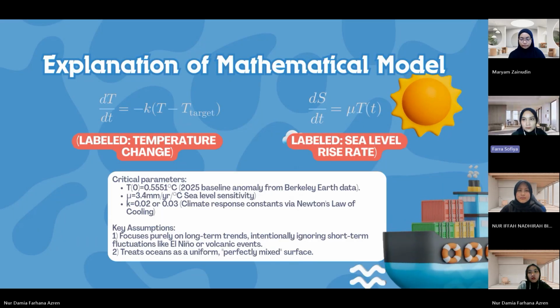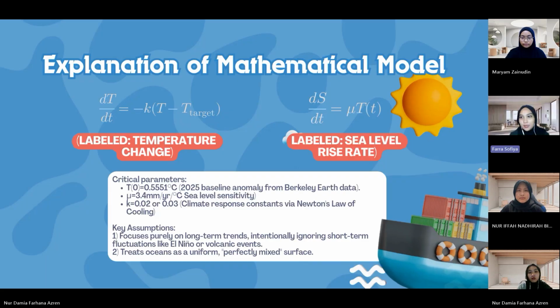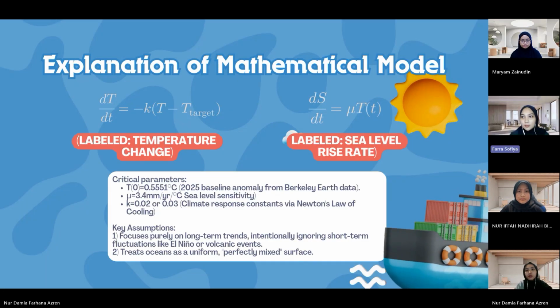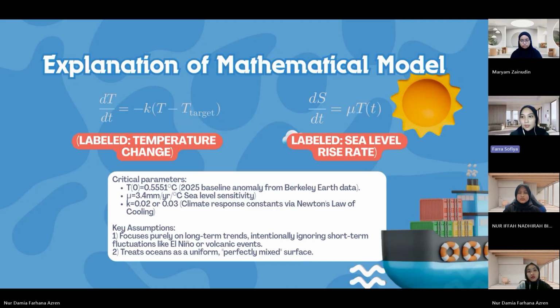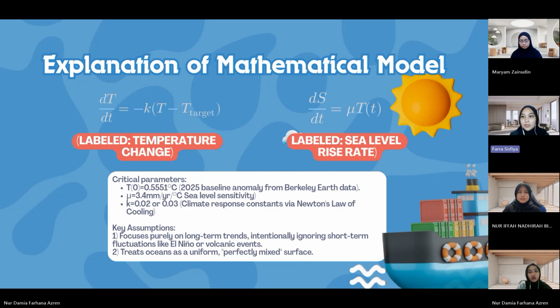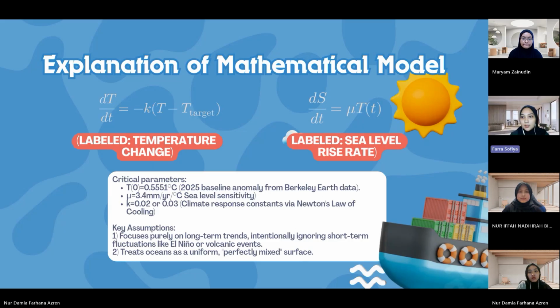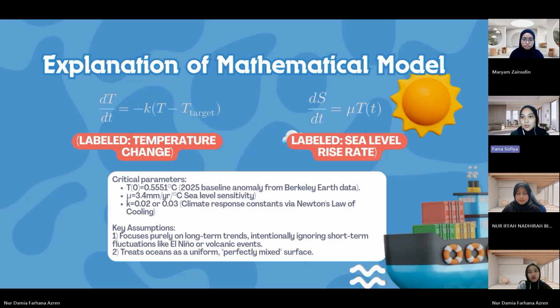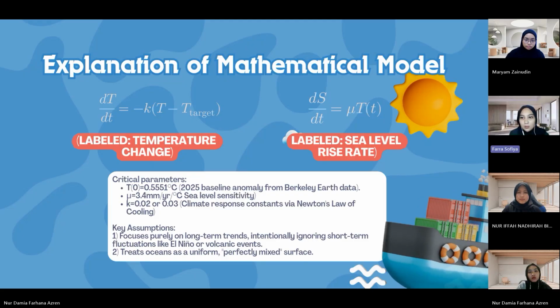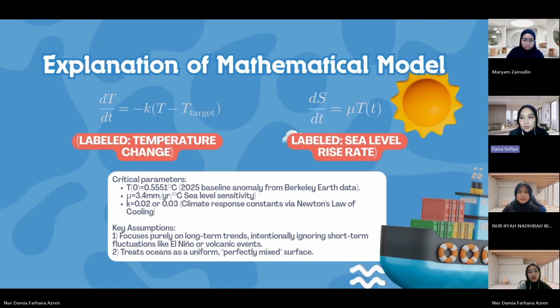Next, to translate this climate crisis into math, our team built a system of two connected equations. First, for temperature, we adapted Newton's law of cooling, where the rate of warming depends on the difference from a target temperature. Second, sea level rise was modeled as directly proportional to temperature anomaly, caused by thermal expansion and melting of ice. We set our baseline at year 2025 with an initial temperature anomaly of 0.551 degrees Celsius, with mu